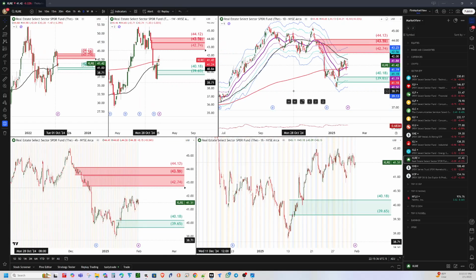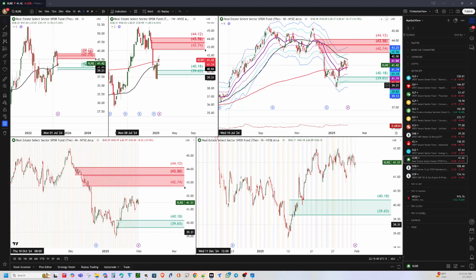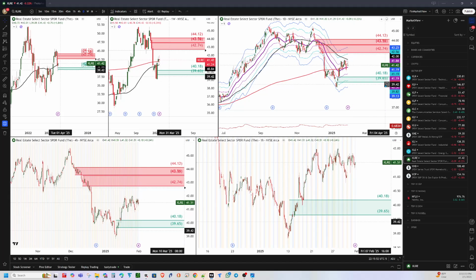XLRE real estate: we had a brief sell-off before and then came to this support area, and then ever since made a new high and broke this cluster of trading, and then for the last couple of days it's gone nowhere. So wait for an opportunity to re-enter this market. XLRE, maybe the 40ish area. If price comes to this 40ish area, make an entry, and then look for